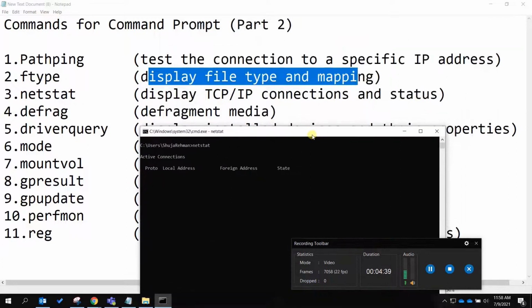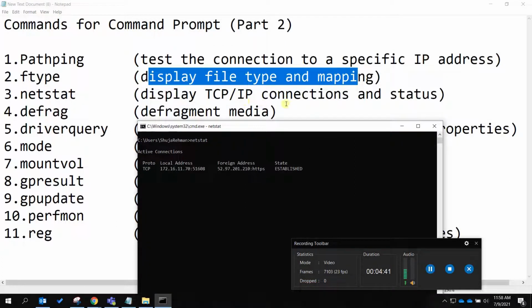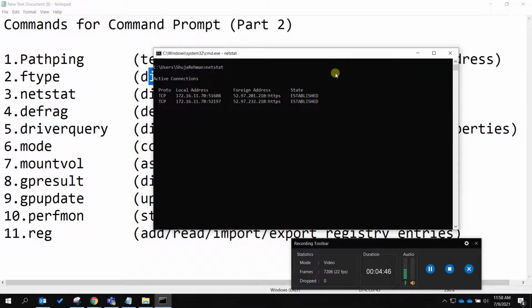This command shows you the TCP/IP connections and their status, whether the connection is stable or not. Here there are some TIME_WAIT and ESTABLISHED entries. You can see whether your network is stable or not with this command. These are all active connections on your network.